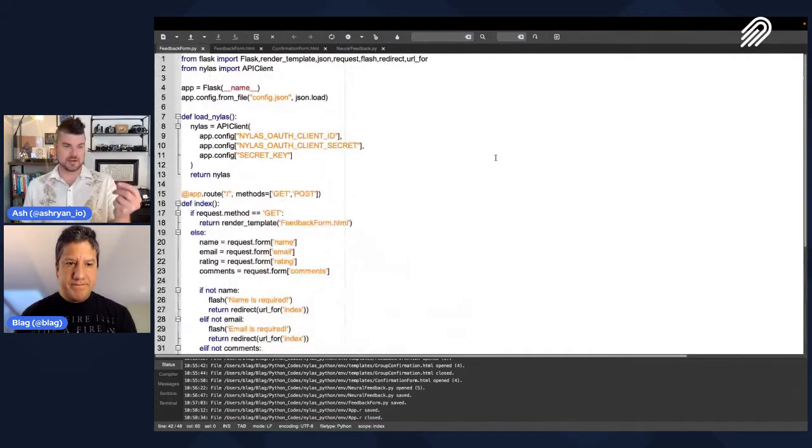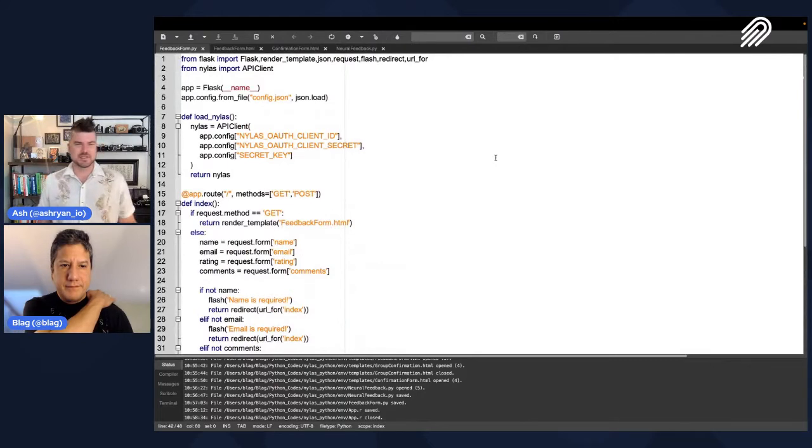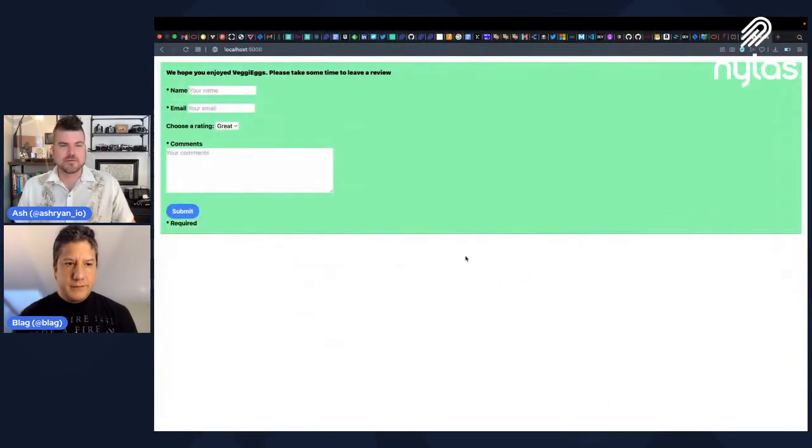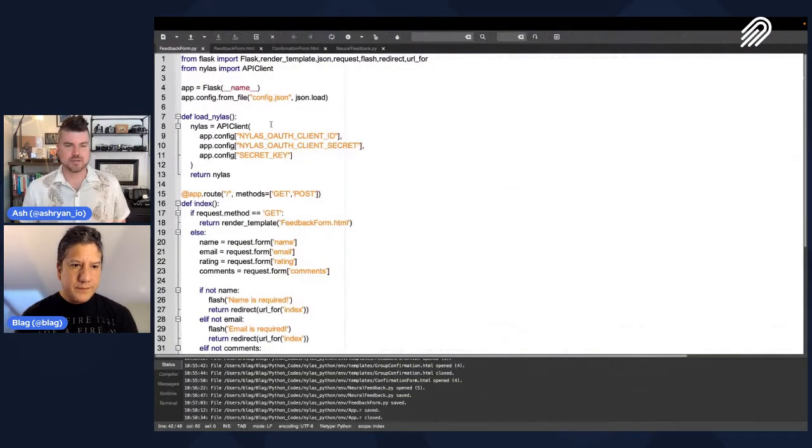We saw it from the user's perspective, and then we got to see a little bit of it from the developer's perspective. I think that wherever you're handling the submit button click is probably where we fire off that Nylas connection. So maybe we have a quick look at that at the code level.